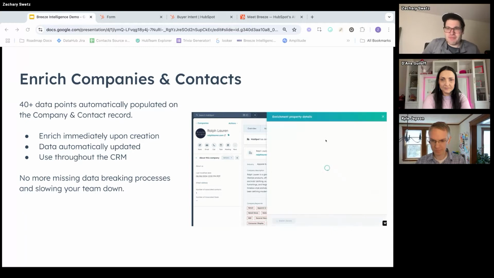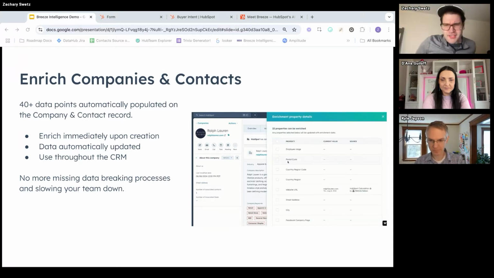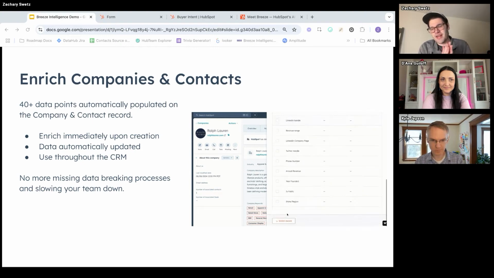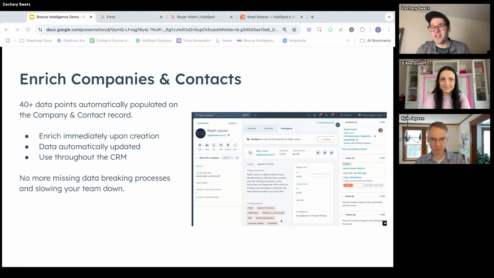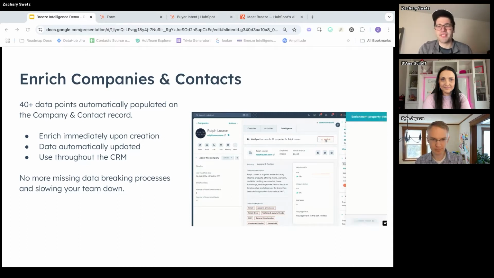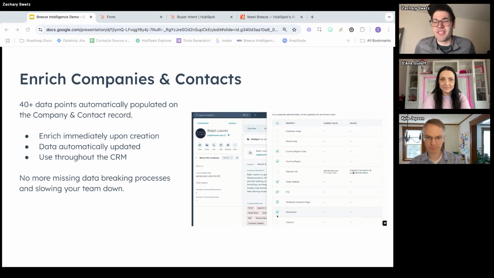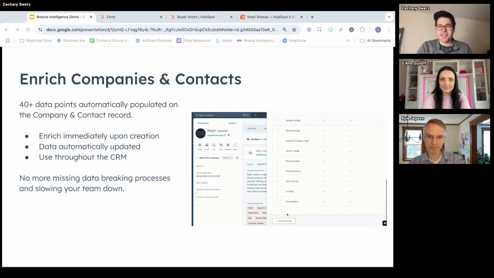So to go a little bit deeper, Breeze Intelligence provides 40 attributes across companies and contacts. It's natively embedded inside HubSpot. So as soon as a record gets created, you get all of the data immediately applied. And then once it's there, you can use it all across HubSpot the same way you would any other property. You can use it to build lists, power workflows, personalize your emails, any way that you currently use data inside HubSpot. So a few of my personal favorite use cases